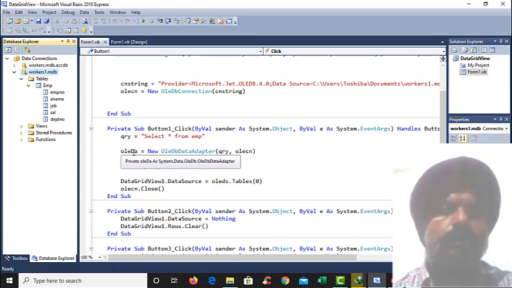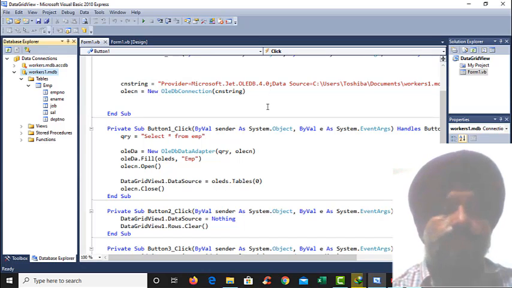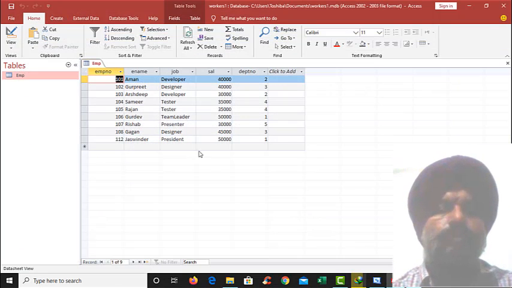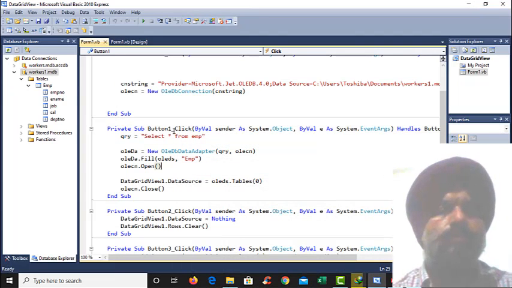It means this data adapter object will execute the query on the EMP table by using this connection string. When this query is executed, all the data will be retrieved, because we are writing select star from EMP. So all these rows and columns will be extracted by using this query.